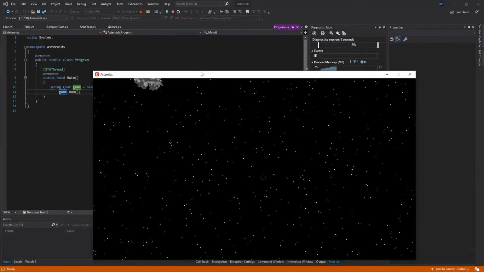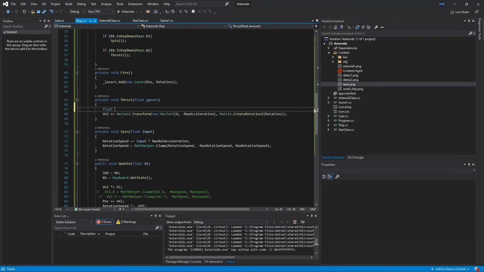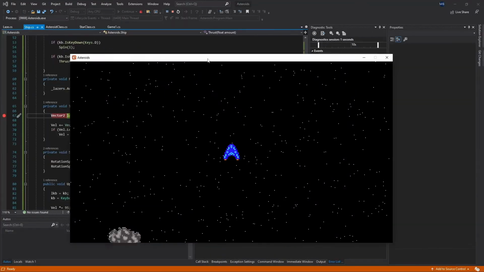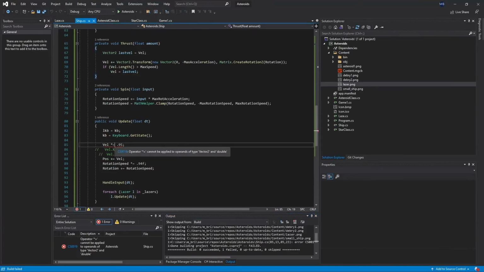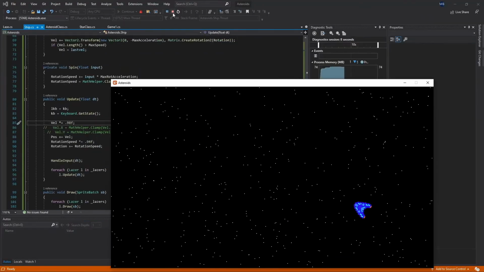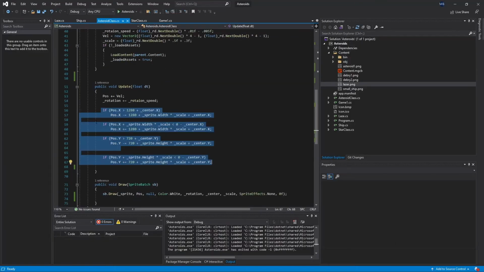As well as that, I need to set a max rotational speed, and as you can see through the very quick snapshots, the ship is actually moving along quite nicely. So now I'm just adding some extra functions just to make this all run nice and look good, and that section is now done. Now we've got that working, we are going to go to our asteroid class, copy our